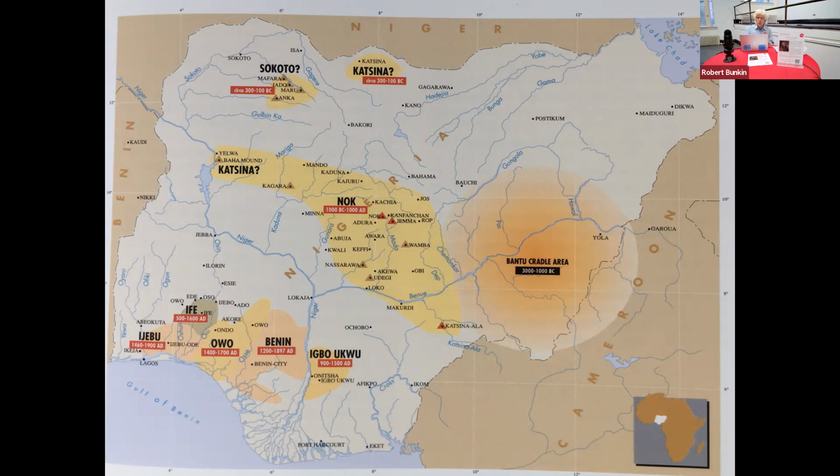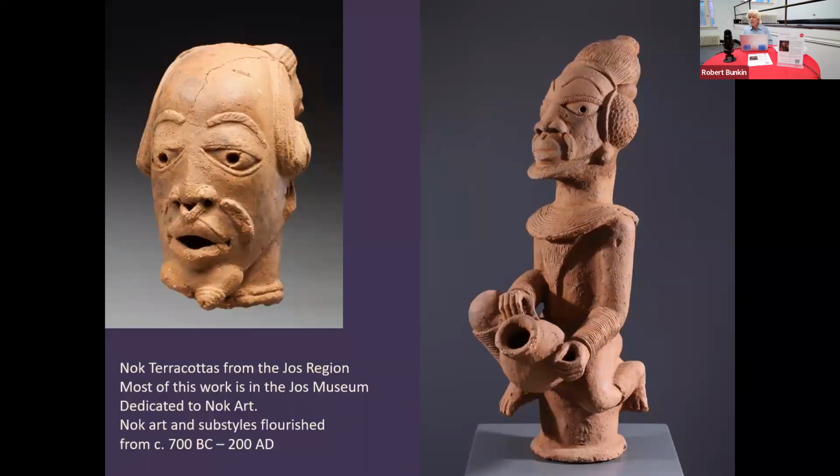But the reason I'm showing you this is because this is believed to be archaeologically the predecessor of the Ife culture. And they were primarily known for these really beautiful terracotta heads and figures. Most of the heads are probably fragments from what were entire figures. So I have one example of a Nok head, which is probably a fragment, and then an intact